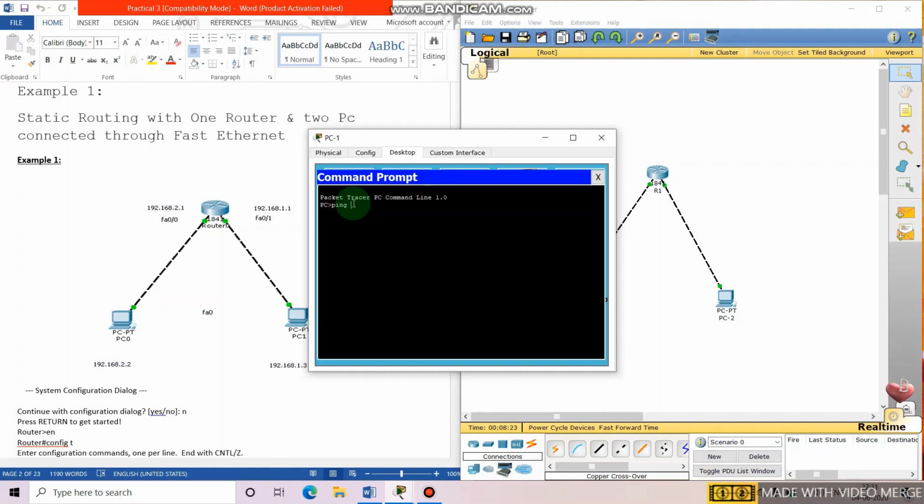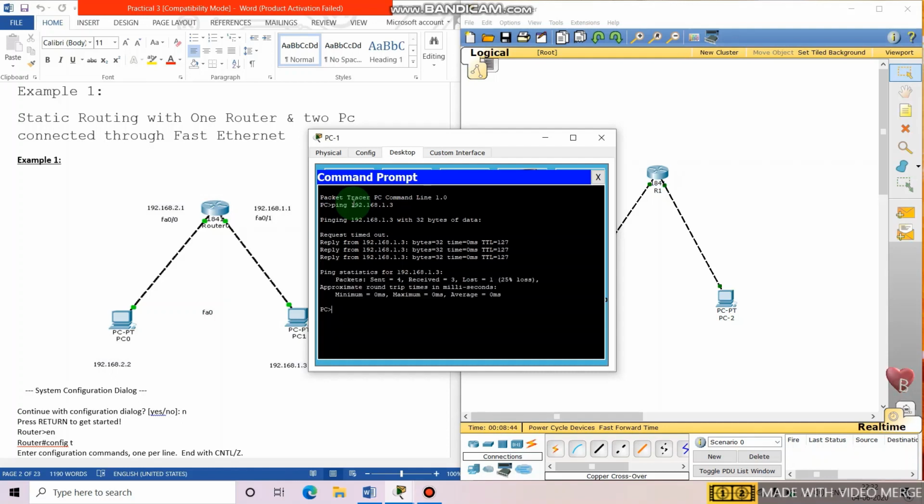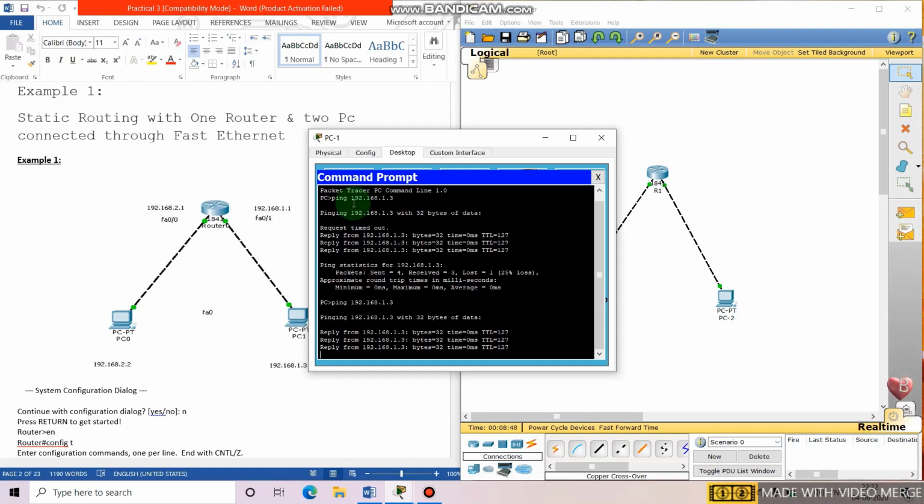So the IP address of the other PC you have to specify. 192.168.1.3 and enter. First time when you are doing it, it may take time, but from the second time it won't. So when I do it for the second time, see, replies came fast.